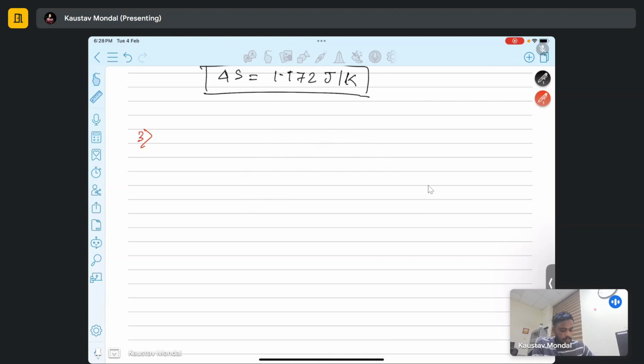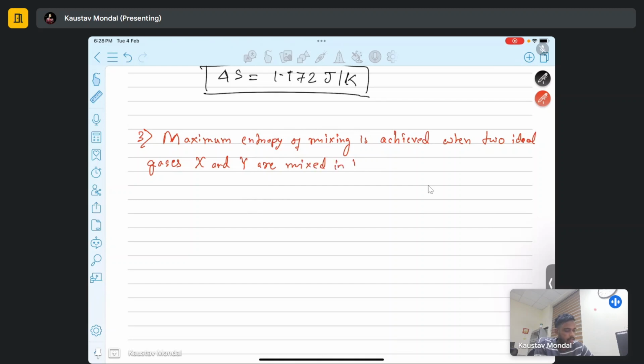Now going to the next problem. So let me write problem number 3 first. Maximum entropy of mixing is achieved when two ideal gases X and Y are mixed in the amounts of,